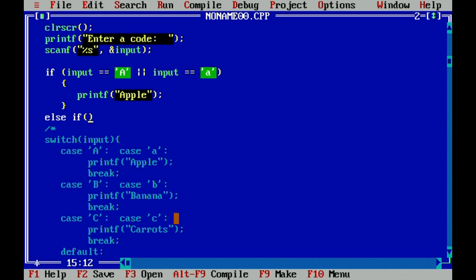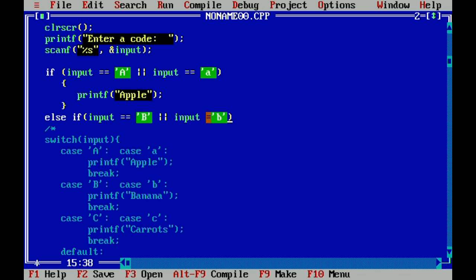So you will have to compare input, double equal, if it is equal to B, and at the same time you use the or, because it is either capital letter or small letter B. That's what we are comparing.